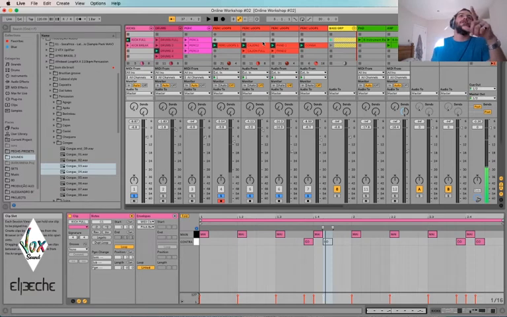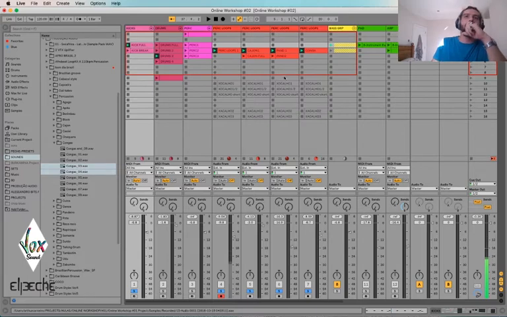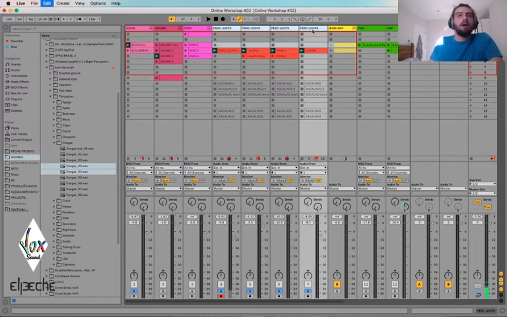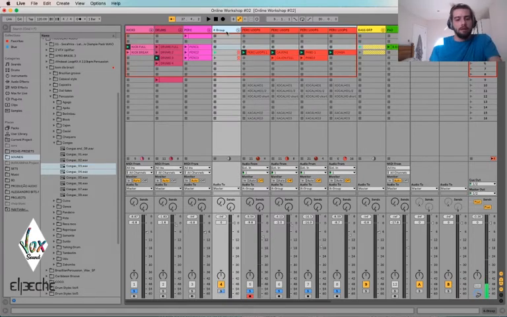Another cool little trick for the percussion group, if you're talking about loops: before you go over to the arrangement view, you might want to organize these in a way that they work together. So if I'm going to group them, Command G. So I'm going to call this perc group. I would like them to work well together, but also I would like to have moments where I have the individual elements. So a way to do that